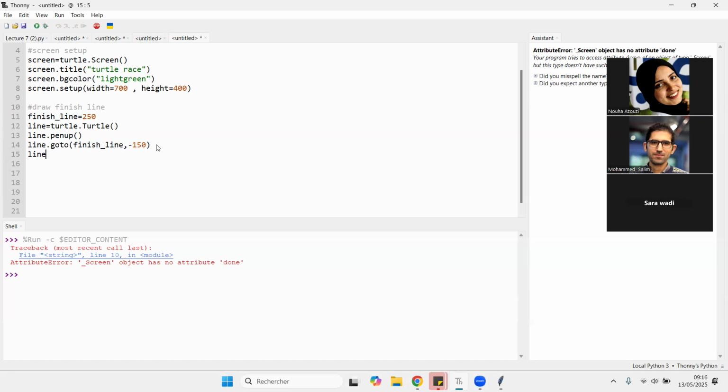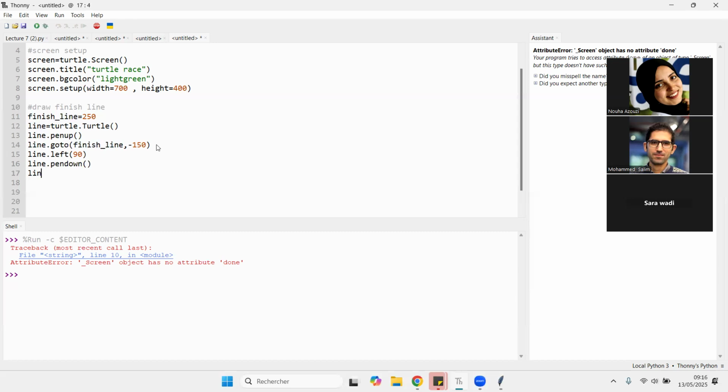So we will type line point left, and the angle is 90. Then I'm going to tell him line point pen down in order to actually draw a line,